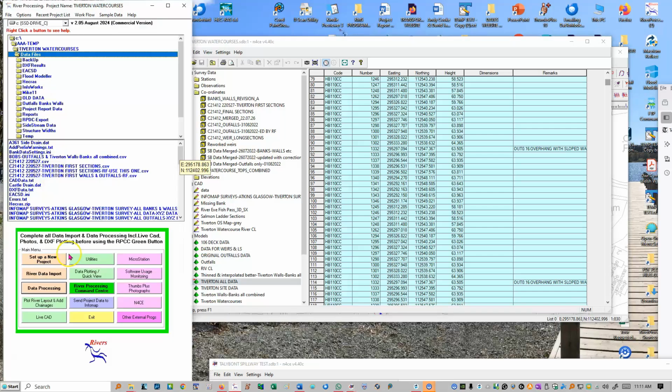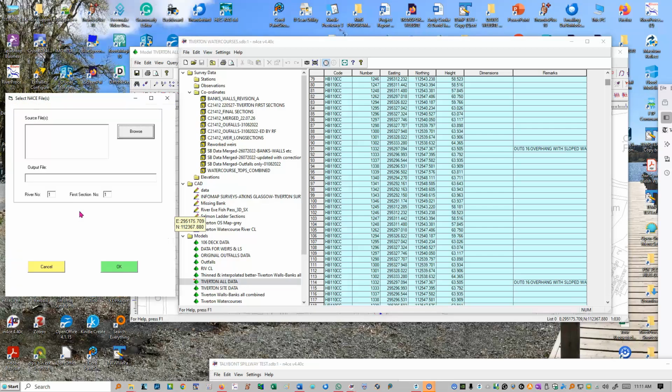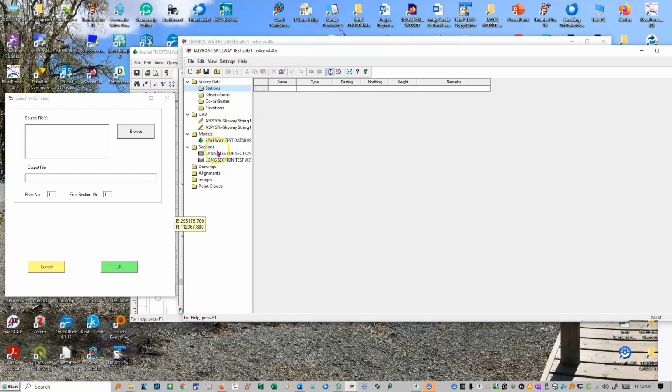So we'll bomb out of that back into river data import, have a quick look at the Enforce data. We've done so many options over the years. The only other option really is the Enforce TRS data, and I can't show you any more within that, except to say this format was developed to show